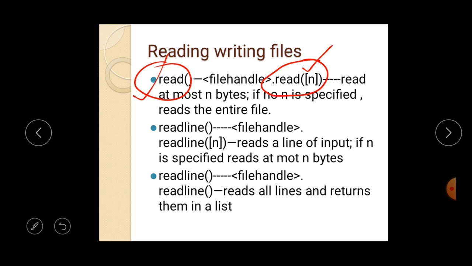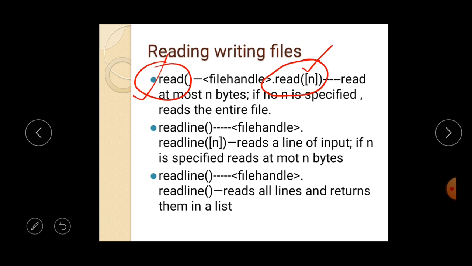The read function will read the file word by word or letter by letter. So it is also important to know that if there is any space, it is also counted as a word, or you can say a byte, in the program. Clear?